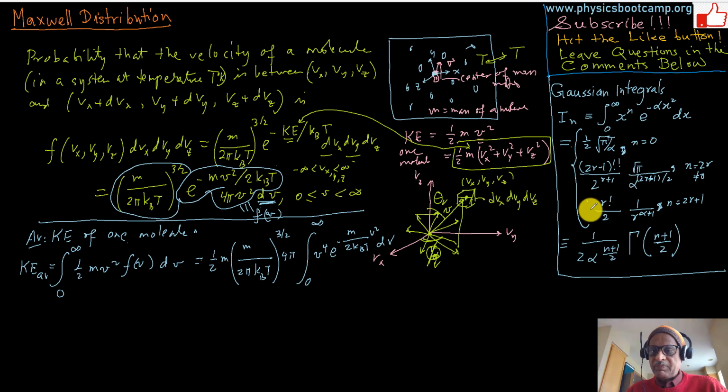So this, now if you compare this, n is 4, so n equals 4 in the integral table, and alpha is m over 2 kBT. That's the alpha. This thing is alpha in my table. So this is not 0 but even, so it's this thing. So this integral